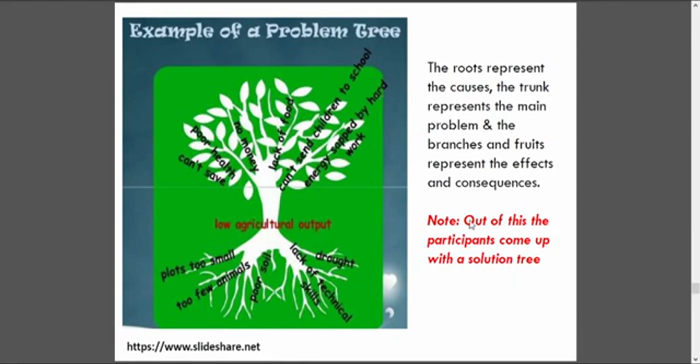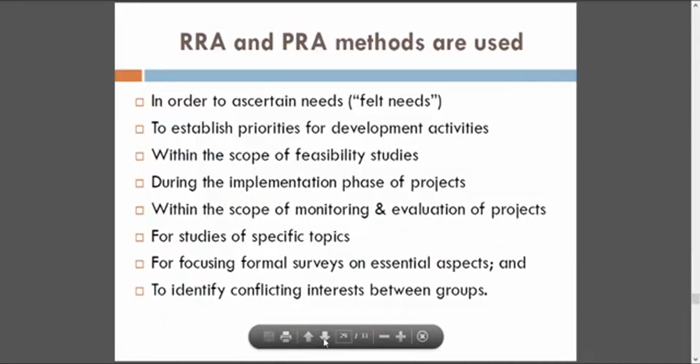So for you to be able to understand this, you can get one problem that you think is affecting you as an individual, or a problem in the community, or a problem you face at home, and then you look for probable root causes, and then in case that problem is not addressed, what you think the consequences would be. So generally you can do this exercise with the community people. You give them the exercise, they sit in groups and analyze a given problem, and at the end of it all you'll be able to know what to address as root causes. Okay,